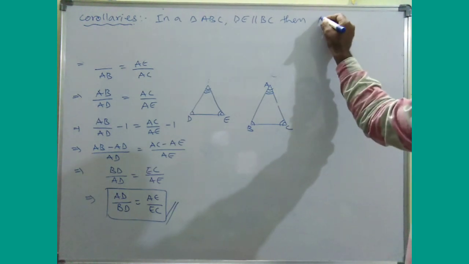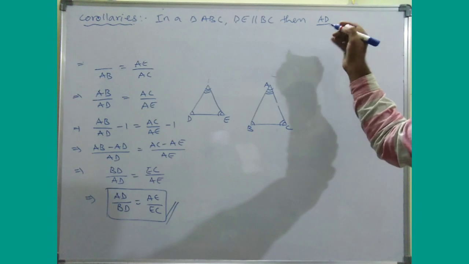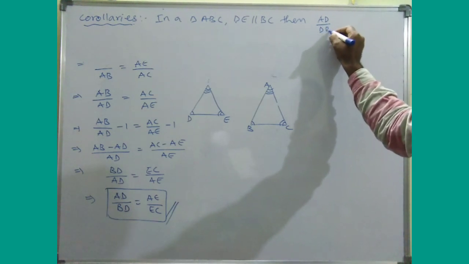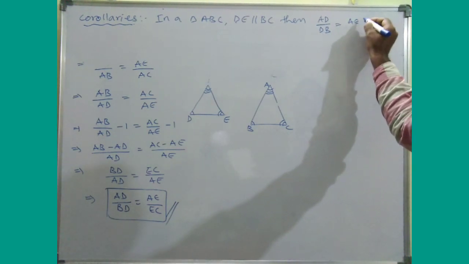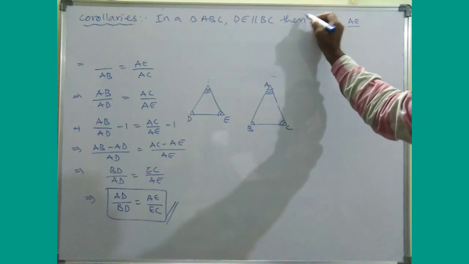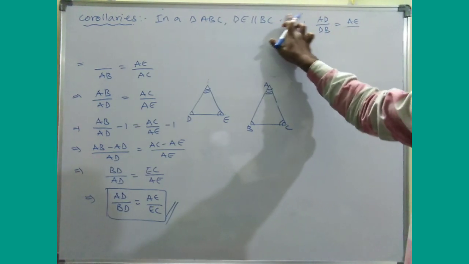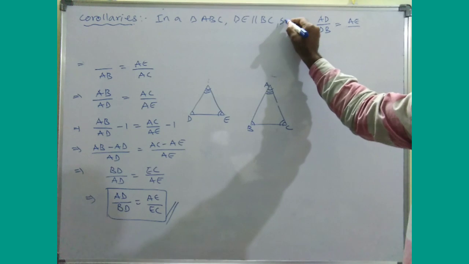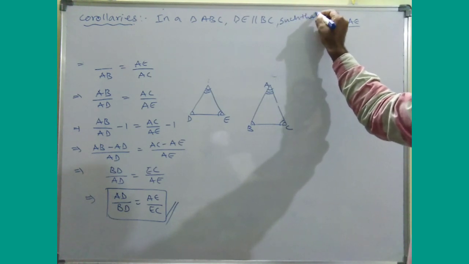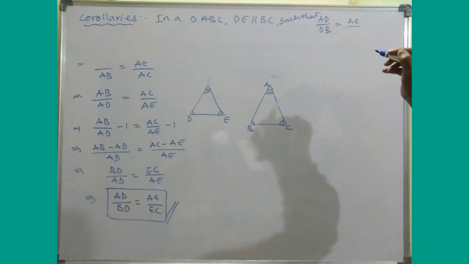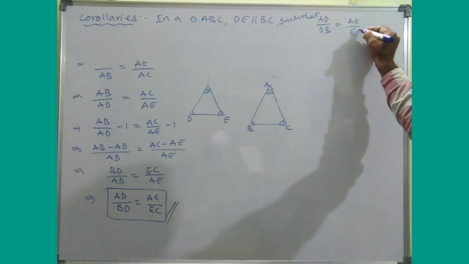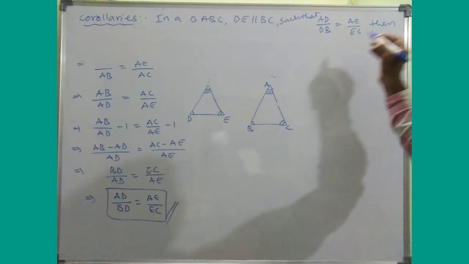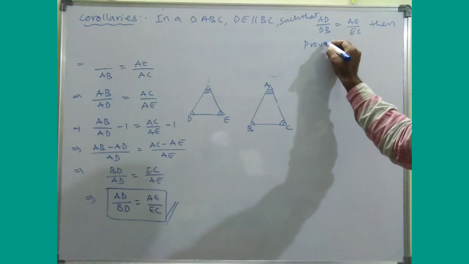Using this, we are going to prove a few more results. Such that AD by DB is equal to AE by EC. Then prove that